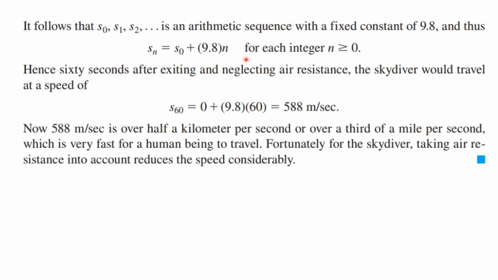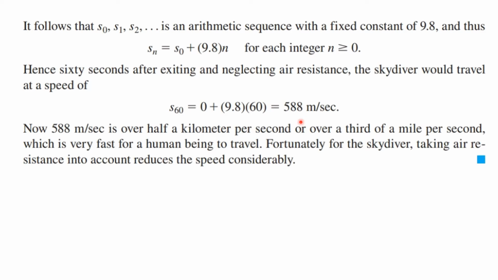So it follows that this has a fixed constant, and we can use the results of the previous analysis to suggest that the speed at 60 seconds after jumping out would be